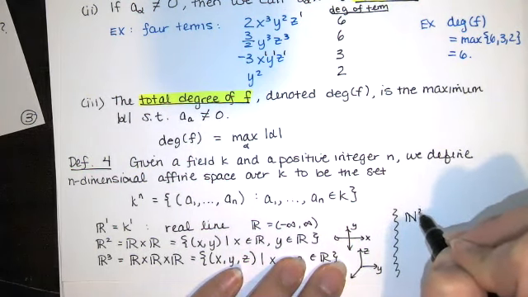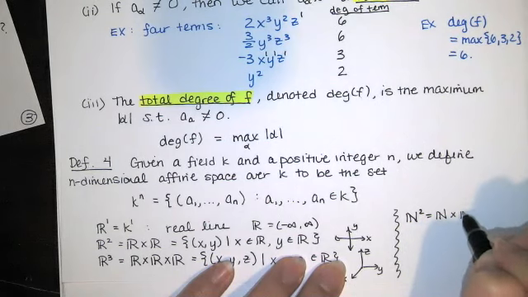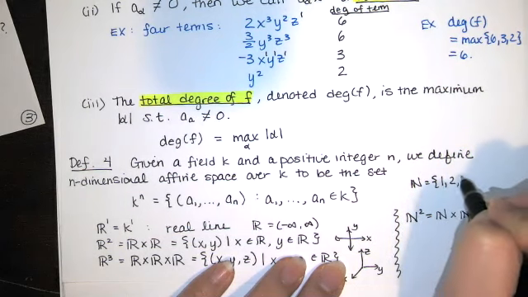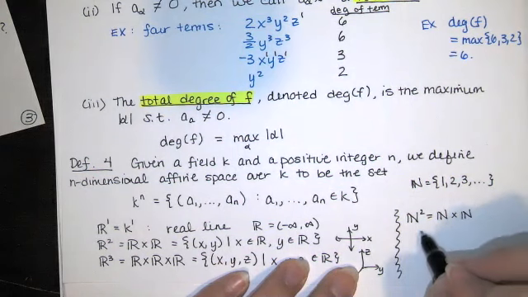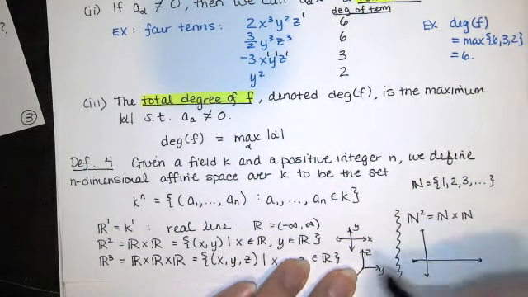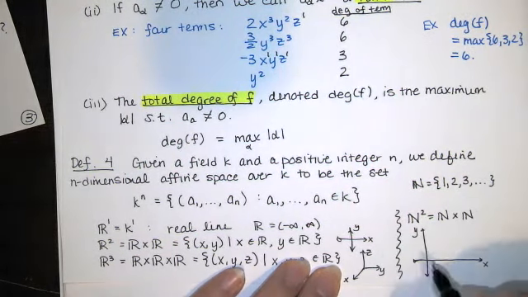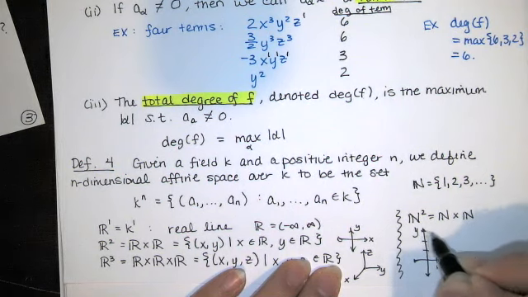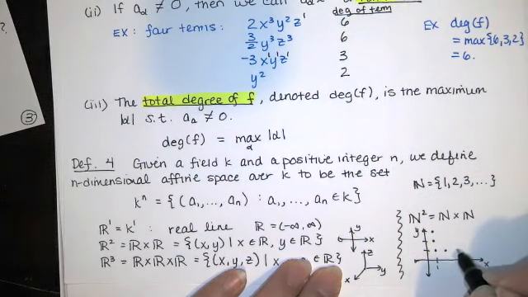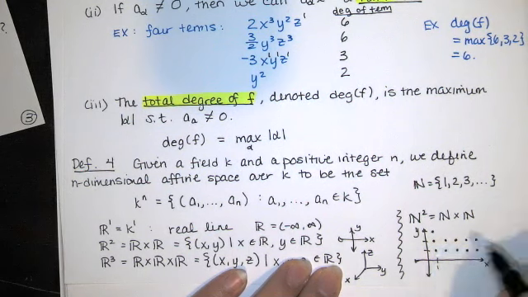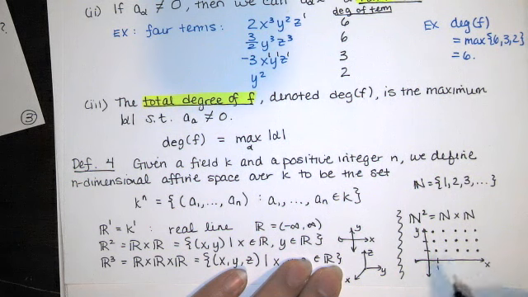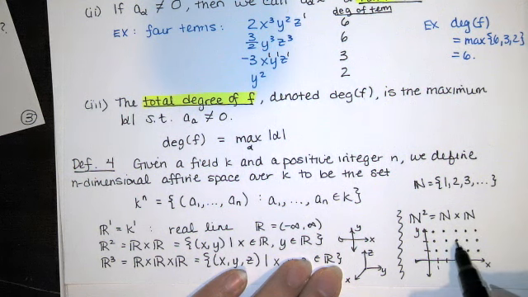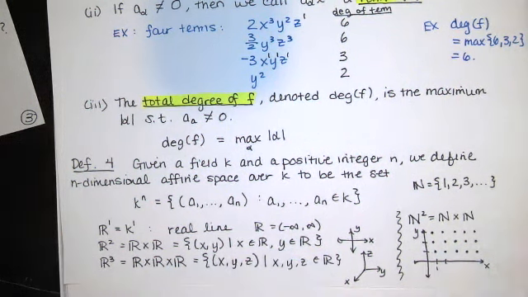Maybe you've got N2. So that's a set of natural numbers crossed with a set of natural numbers. And remember, your natural numbers are your counting numbers, not including 0. So this is going to consist of, if I were to draw it in what would typically be the XY plane, the real plane, all of these points. When x equals 1, y equals 1, and when x equals 2, y equals 1, and when x equals 1, y equals 3, and these points would go on forever. And we would have an entire grid of them. 1, 1, 2, 1, 3, 1, 4, 1, 5, 1, 1, 2, 2, 2, 3, 2, 4, 2, 5, 2, and so on. So that's what that would look like,